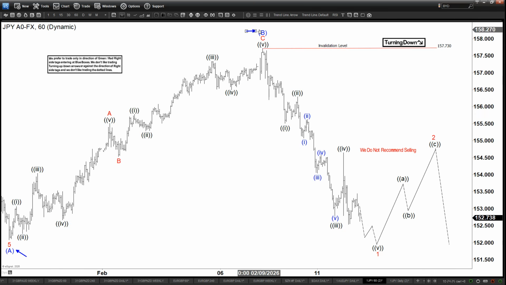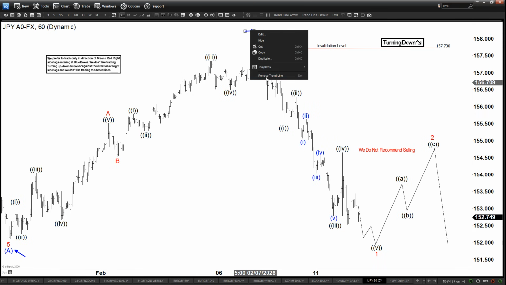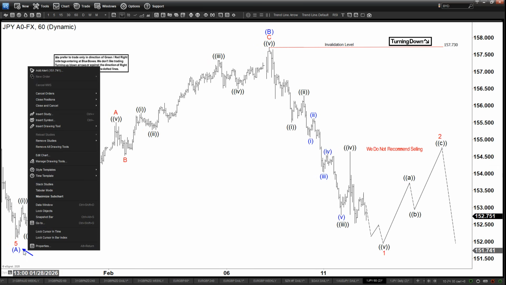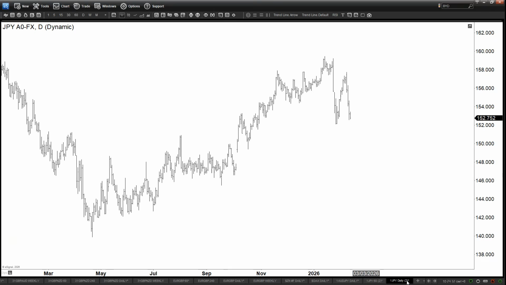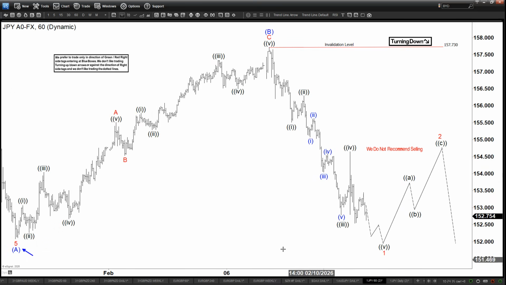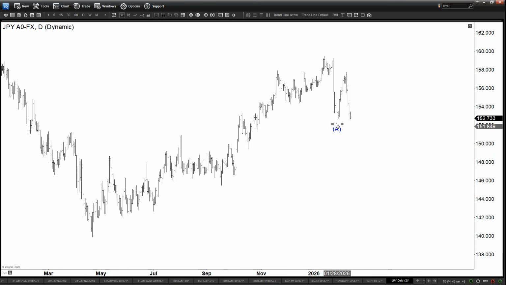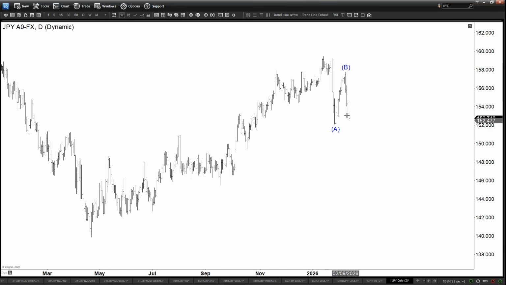Now, based on this AB though, the larger time frame remains to be bullish, and if we zoom out now to the daily time frame, let's copy some of the count here, some of the labels. This A is right here, and this is the B. So we're looking for a larger degree correction, at the least correcting this cycle from April low. And we are about to break below the A, which will confirm this bearish sequence, the lower low I mean. And the minimum downside target in this case is going to be this